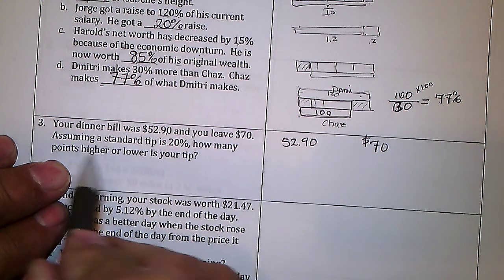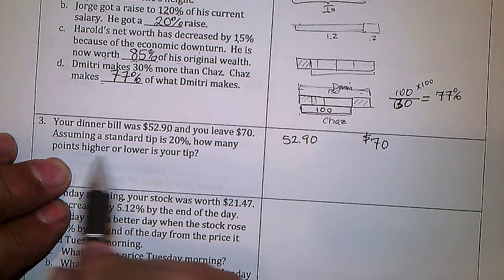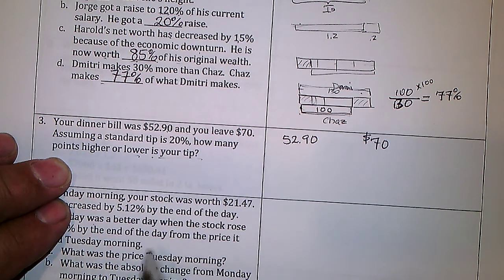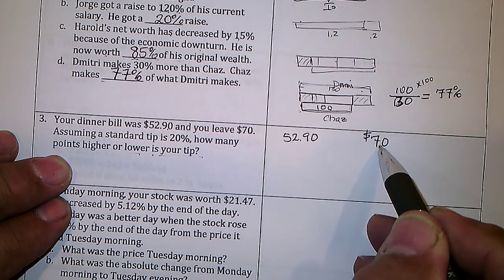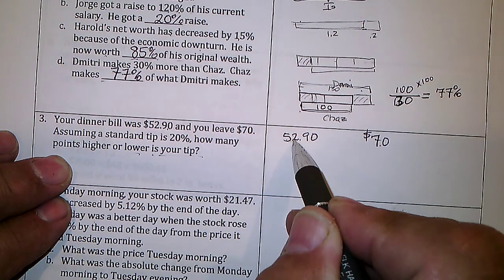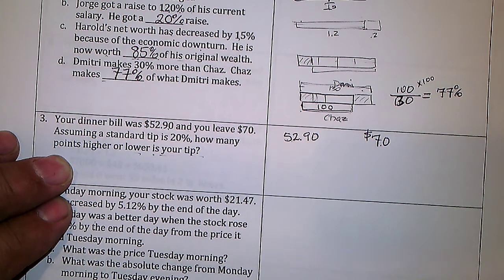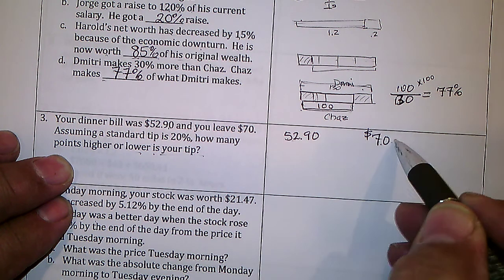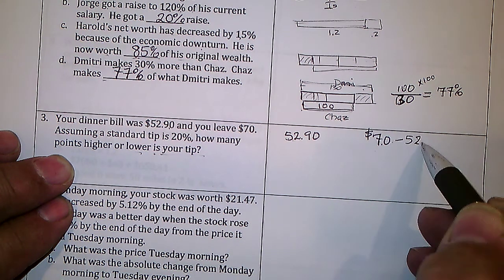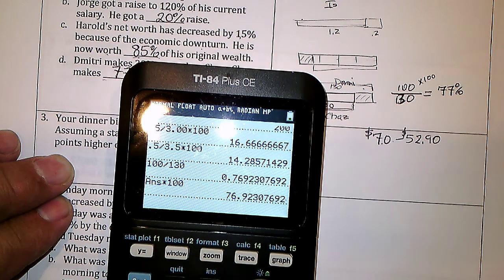How many percentage points higher or lower is your tip? So if you paid 70 and the bill is $52.90, how much was the tip? So you would take the 70 minus the $52.90, and that is a tip of